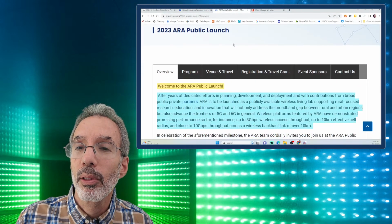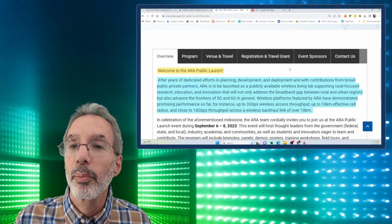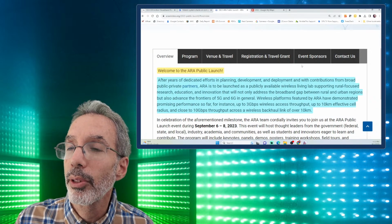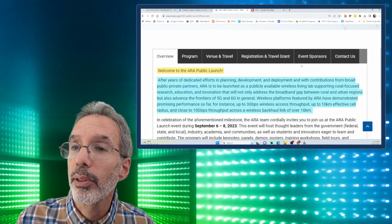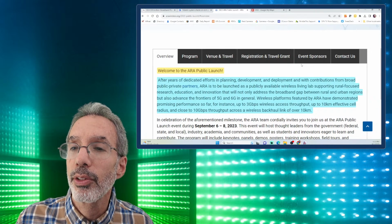This is the public launch announcement. I linked to this as well. So you see here, welcome to the ARA public launch. After years of dedicated efforts in planning, development, and deployment, and with contributions from broad public-private partners, ARA is to be launched as a publicly available wireless living lab supporting rural-focused research, education, and innovation